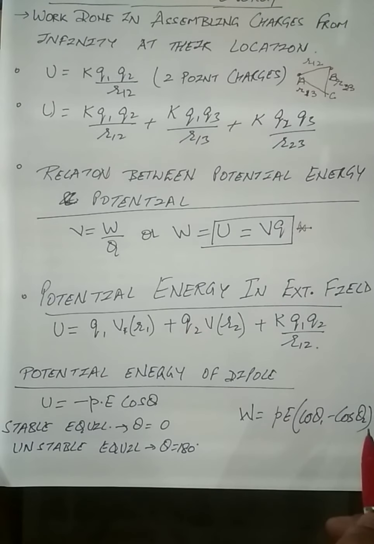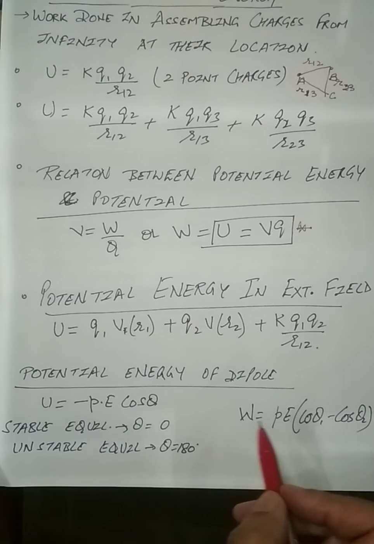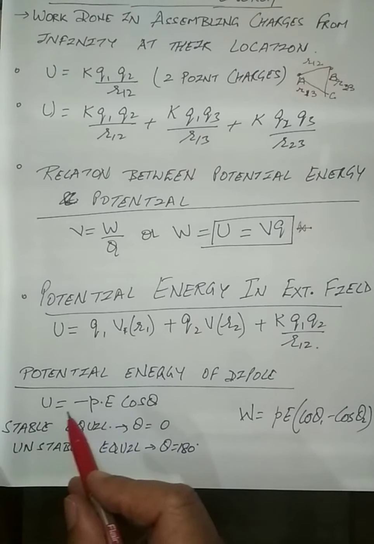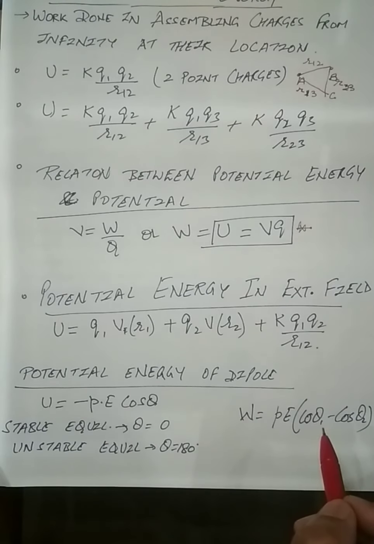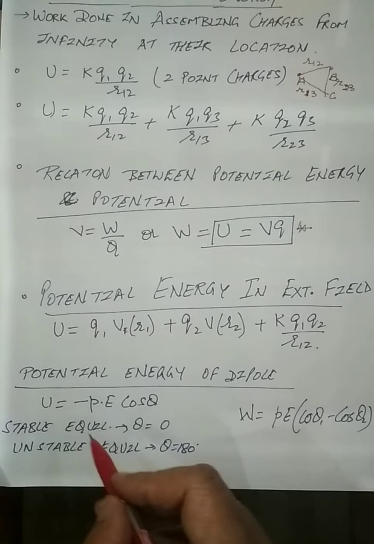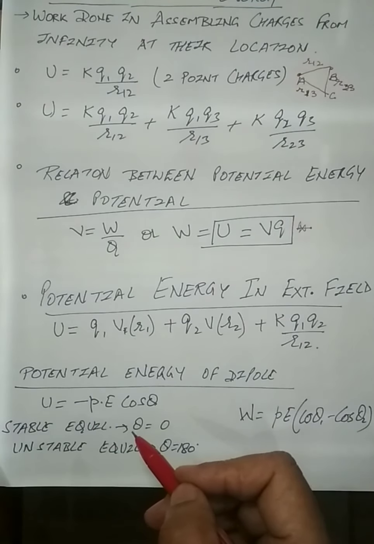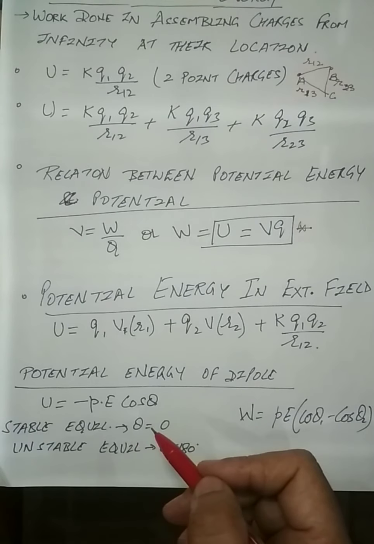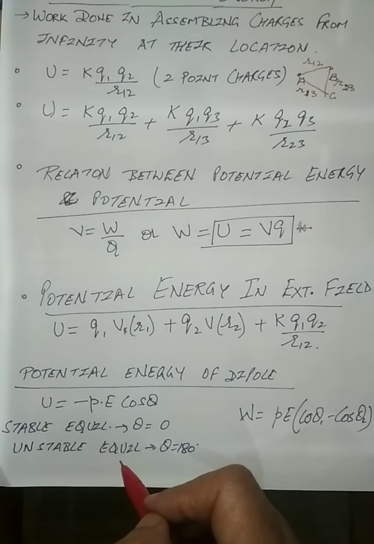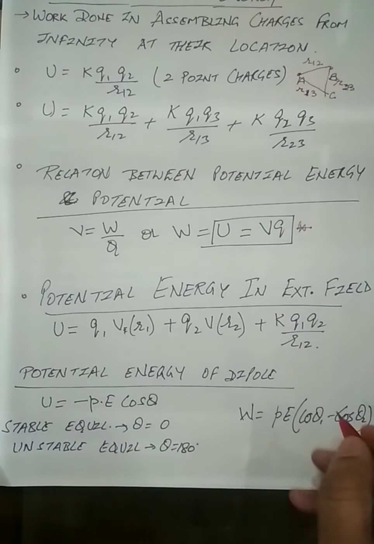And then again, this is a very, very important formula you have to learn, that W is equal to, from here only we have got, W is equal to P E into cos theta 1 minus cos theta 2. Children, please keep it in mind while you are using this formula, because generally what you feel is final minus initial. In this case it is cos theta 1, that is initial, minus final. So for example, if the question comes like, what will be the work done in rotating the dipole from stable equilibrium to unstable equilibrium? You'll just substitute the values.